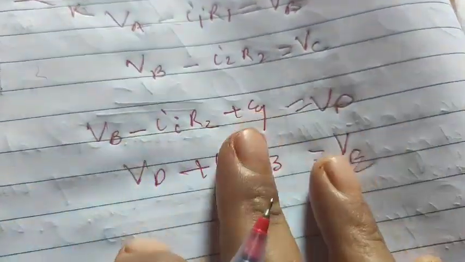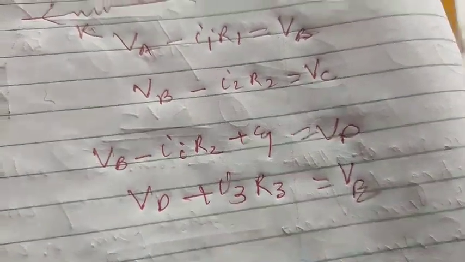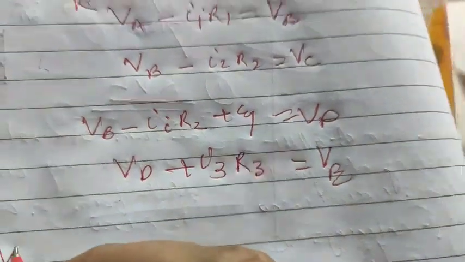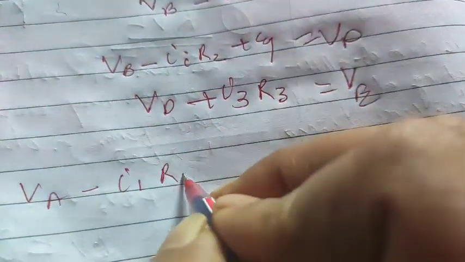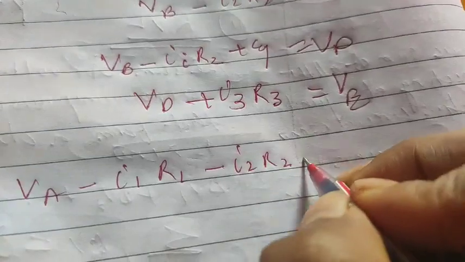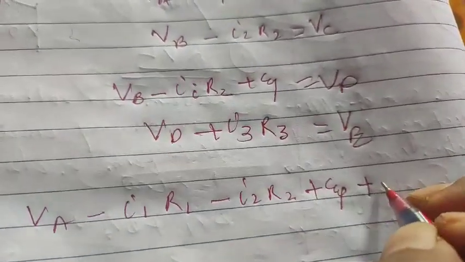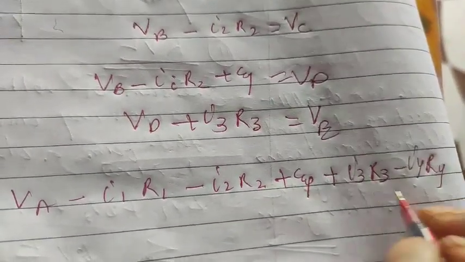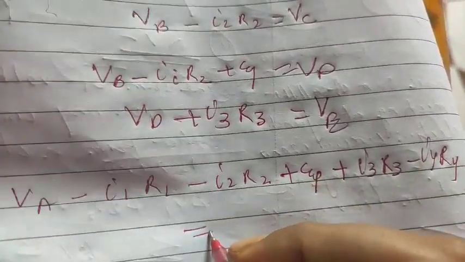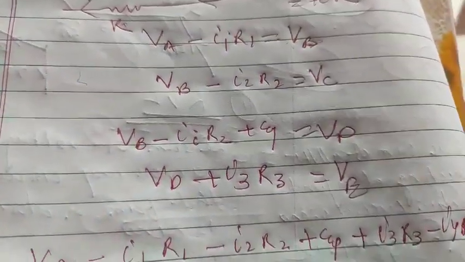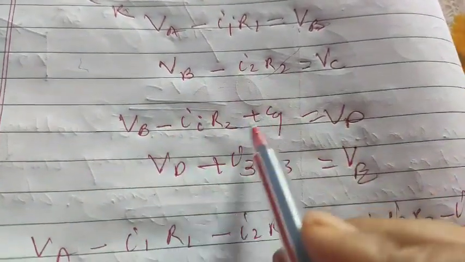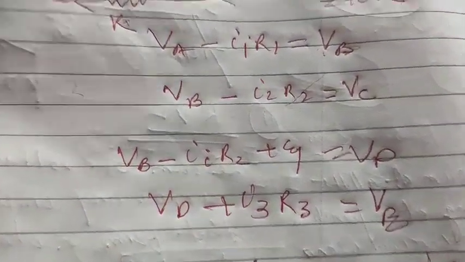Now what happened? You add all, you will see the net current will drop off. Clear to you? Means suppose I will add left hand side. What is that? Right hand side is what? VA minus I1 R1 minus I2 R2 plus E1. You can go on adding: I3 R3 minus I4 R4. Right? So you will get, and you cancel out. See, this is positive, this is negative. Like this you will cancel out, so the potential difference will be cancelled out.